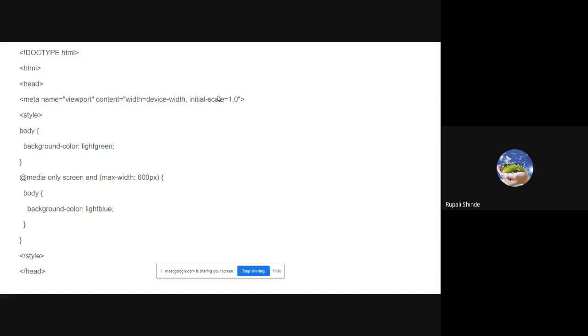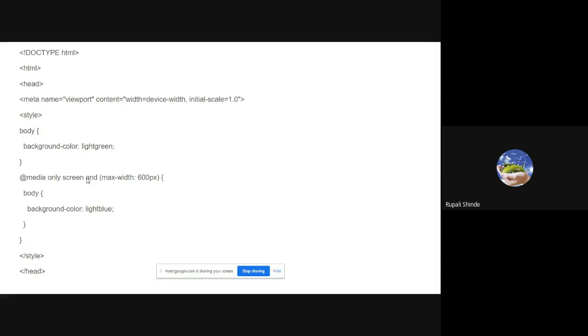First we have a body element whose color is light green. Now I have a condition with the help of the media query. If that condition is true, then and only then the body background color is going to change to light blue. But if that condition is false, then the body background color is green. It is not actually a default color, but the one which is set before the condition.